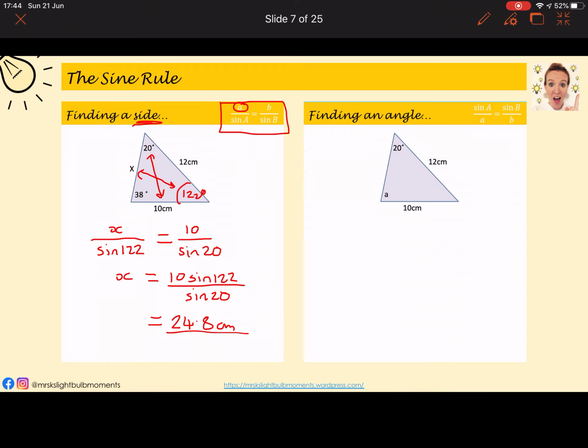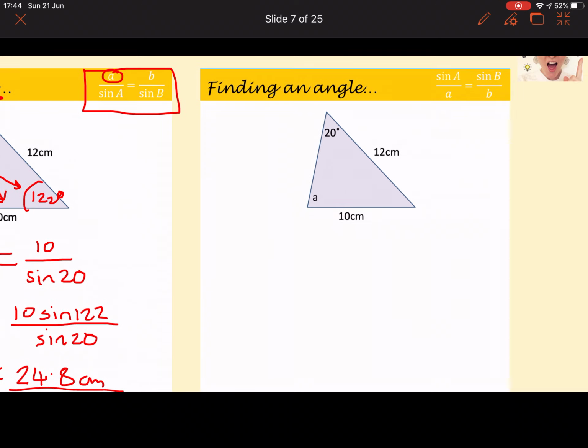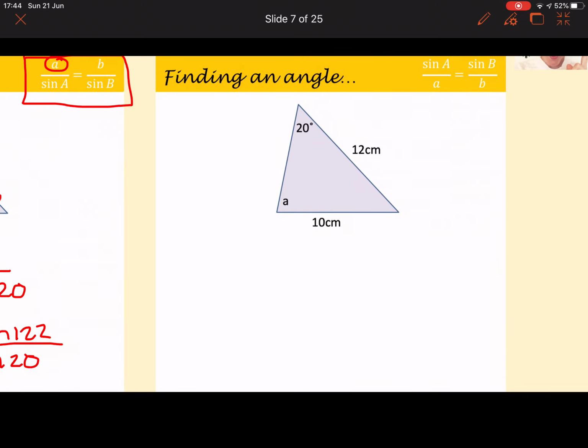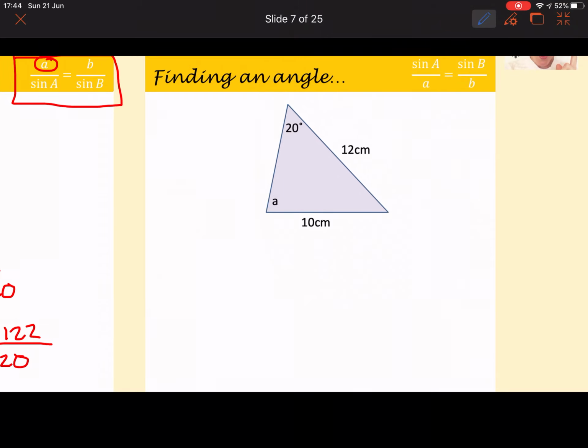Exactly the same, but remember I'm going to use the formula with the sine of the angle on top rather than the side length on top. So we're going to start off looking at our pairs. This time the pairs are a bit more straightforward. We don't need to do any finding missing angles. We've just got our two pairs. We want sine A on top. So let's start with the angle we're trying to find out. Sine of A, the one we don't know, over 12, because that's its matching length,